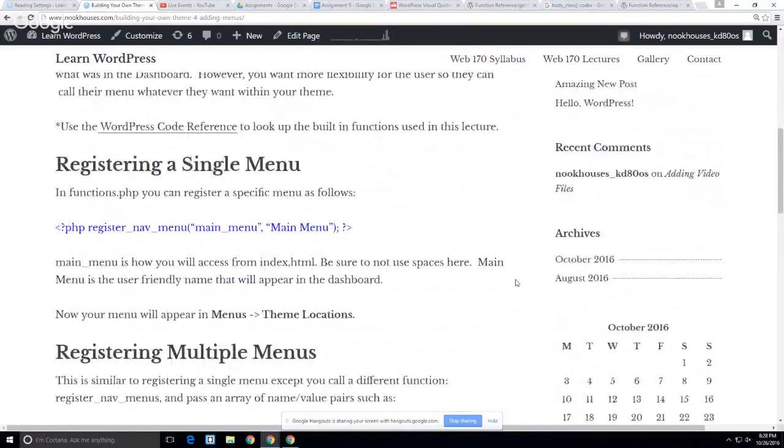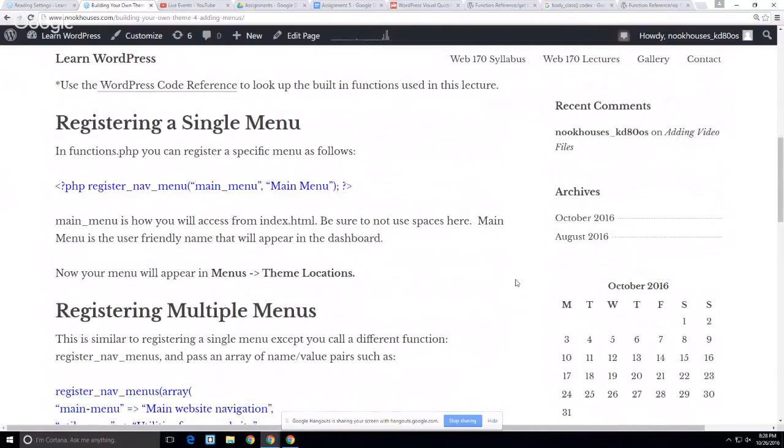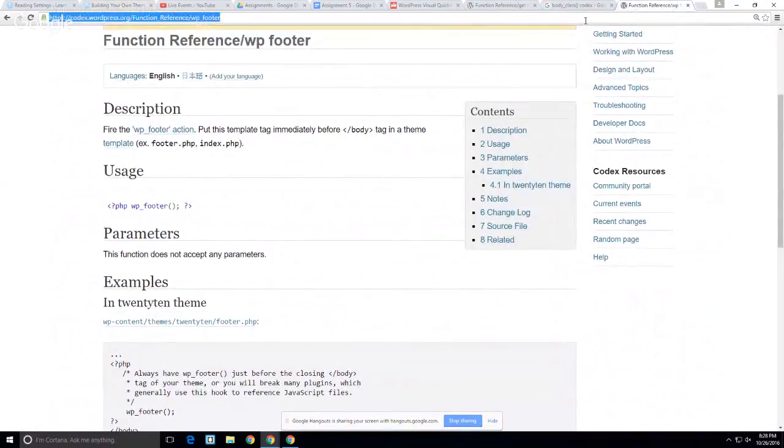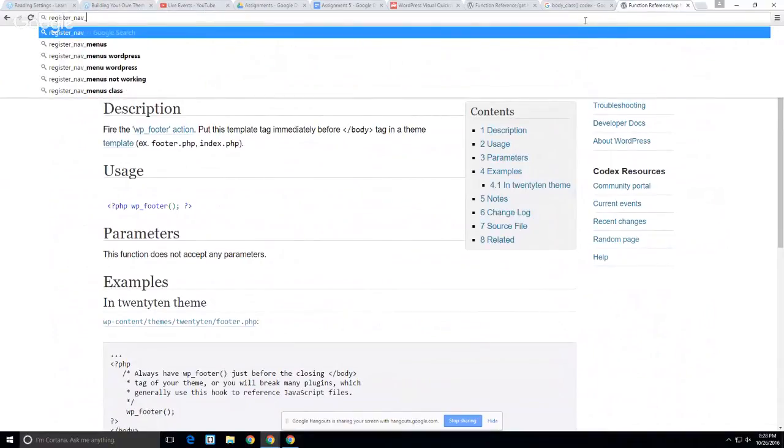And so the main menu is how you're going to access your index.html. And you want to make sure that the best practice, actually I think the best practice might be a dash, but lowercase connected, and then this is what it's going to display like. So you want to make sure to get these correctly as they correspond to the admin section. And this is the main menu up here, the user-friendly display. And after you have added this function, register_nav_menus, the menu is going to display under menu theme locations. Now, in the spirit we have been doing this, let's go ahead and find here register_nav_menu,